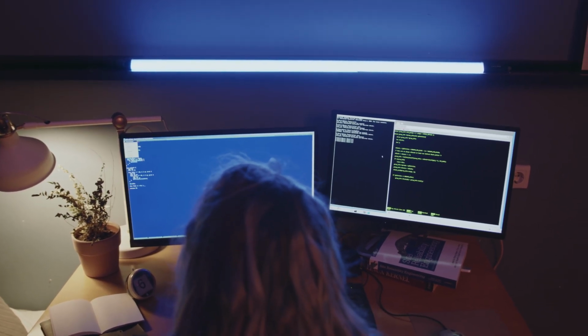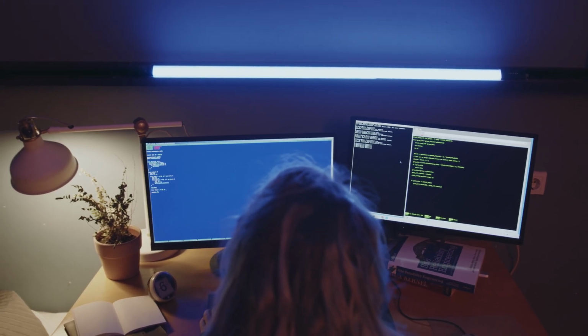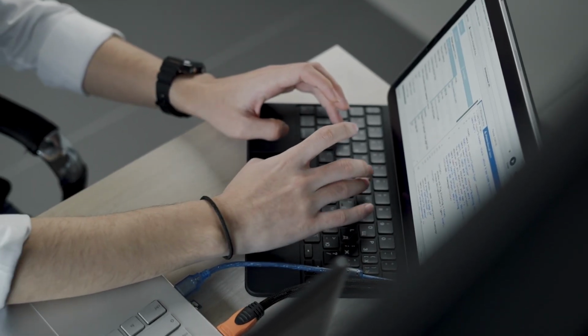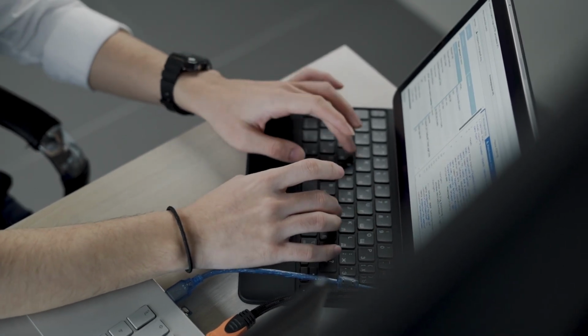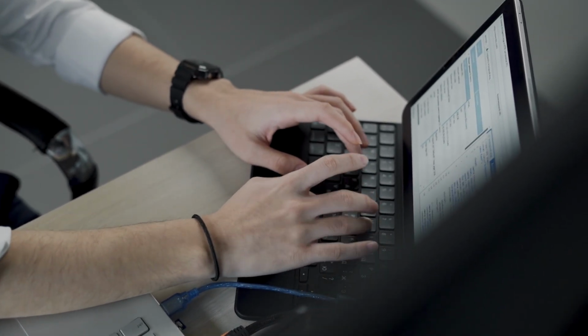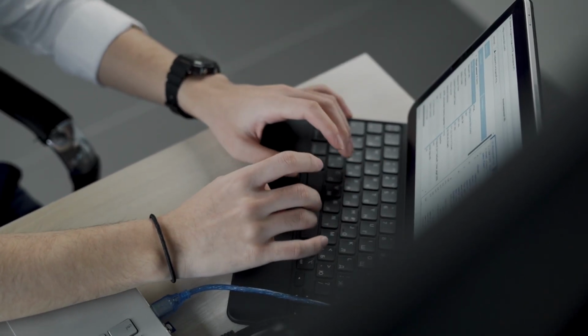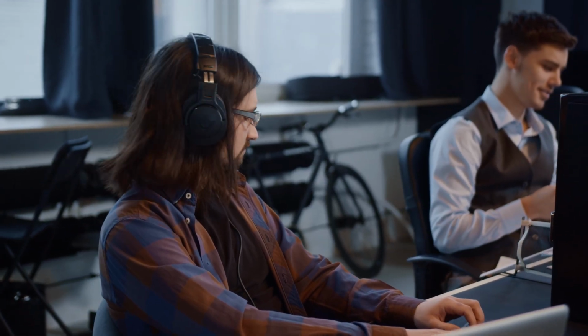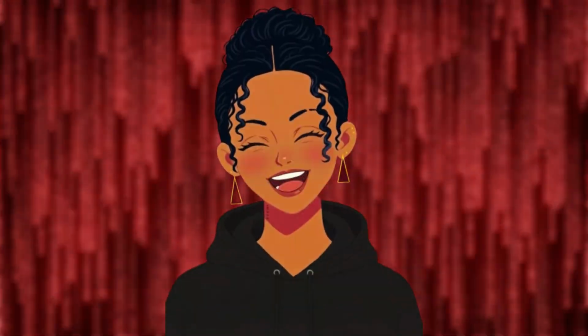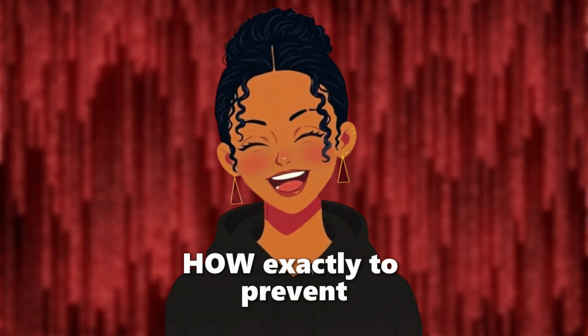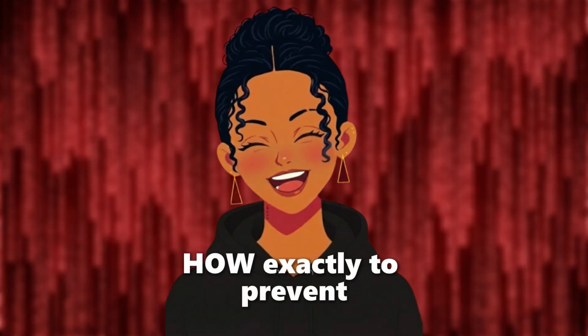So when it comes to the OWASP Top 10, once you have these 10 breaches down, let's say you are able to handle all 10 of them, your applications would be super secure. Not necessarily 100%, obviously at the end of the day nothing can be 100, but your systems would be very secure. And in the upcoming videos we will talk about how exactly to prevent these top 10 breaches,